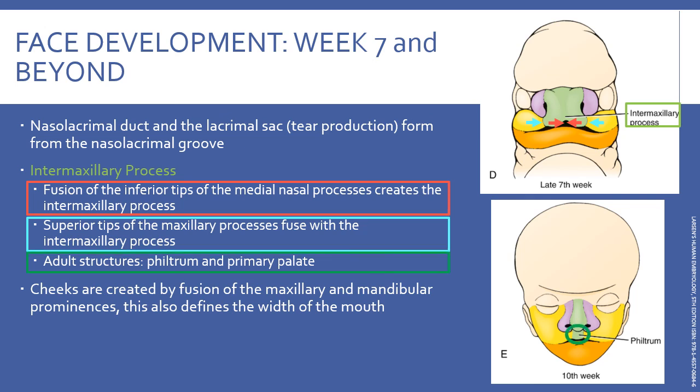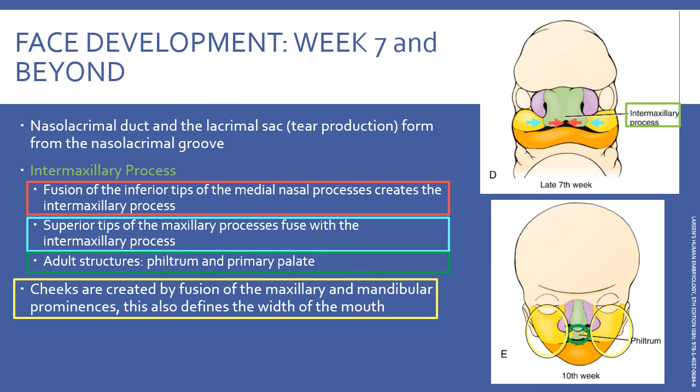Additionally, at this stage, we are also making cheeks. The cheeks are created by the fusion of the maxillary and mandibular prominences, so the yellow and the orange. And the degree of fusion you get actually determines the width of the opening of the mouth. More fusion makes for a smaller mouth, less fusion makes for a larger mouth. Naturally, there's a great deal of natural variation there, and certainly a variety of different mouth sizes occur within the range of normal, but you do actually get the occasional syndrome that affects the mouth and affects this fusion and might create an overly large opening of the mouth or a very narrow